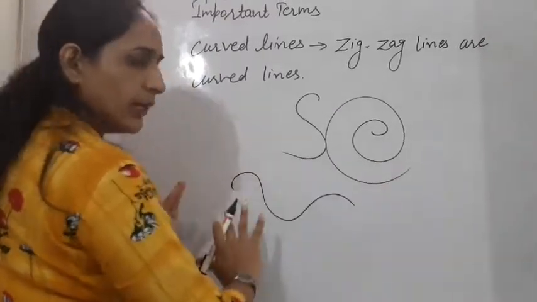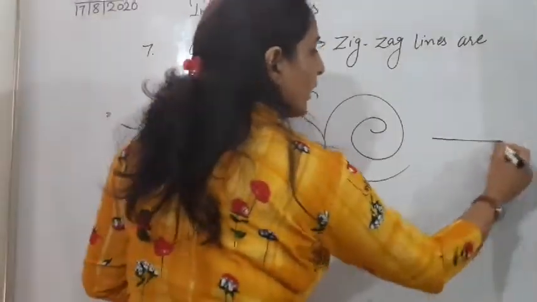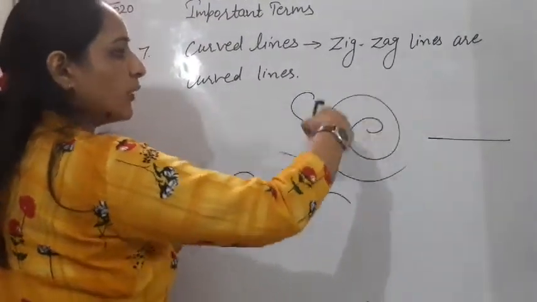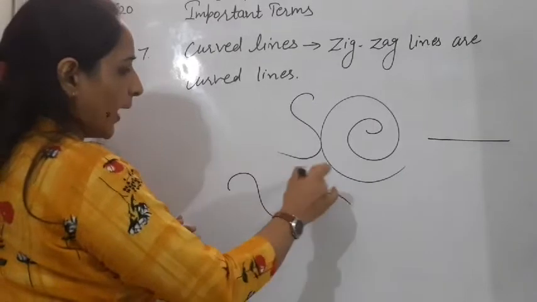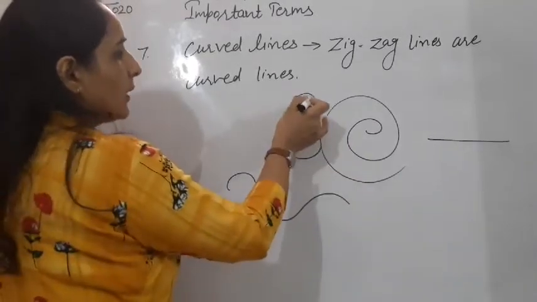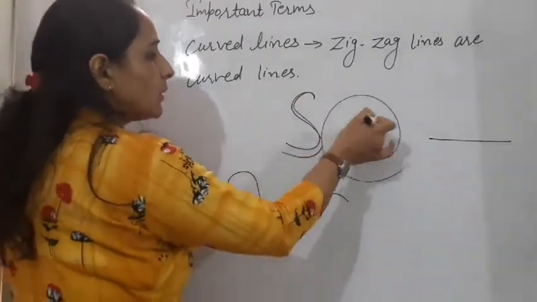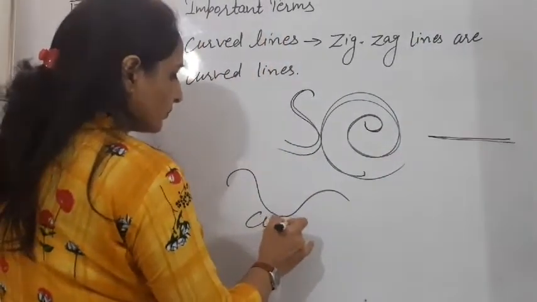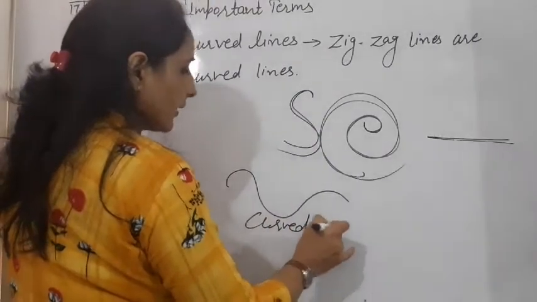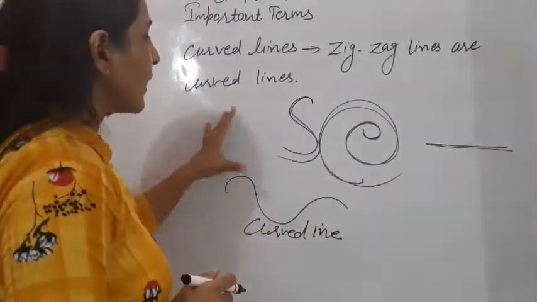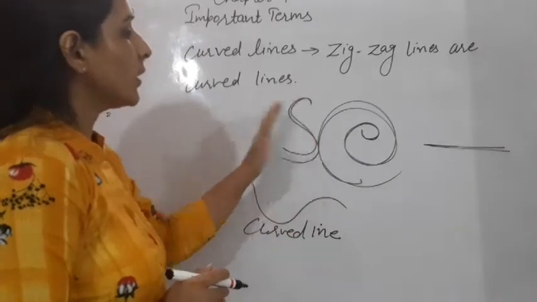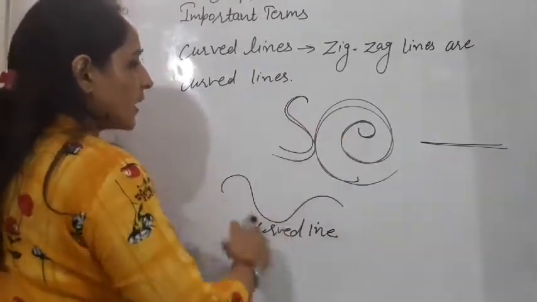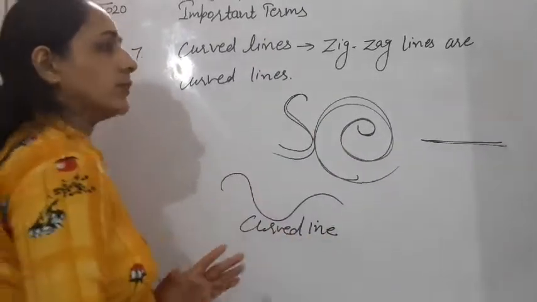They are not straight. This is straight, but these are not straight. They are like zigzag. According to you, as you like, you can make this one. Clear? Curve. Mudi hui, ghumi hui. In Hindi you can say that this is the straight and these are the curved line. Clear? Without your scale you can make this one, colorful, any type as you like, you can draw it. So these are called the curved line.